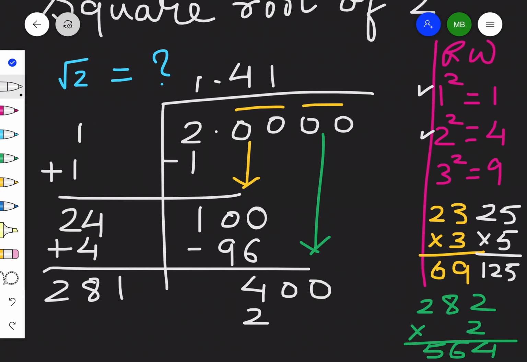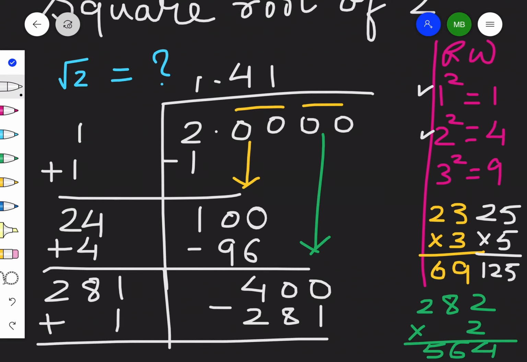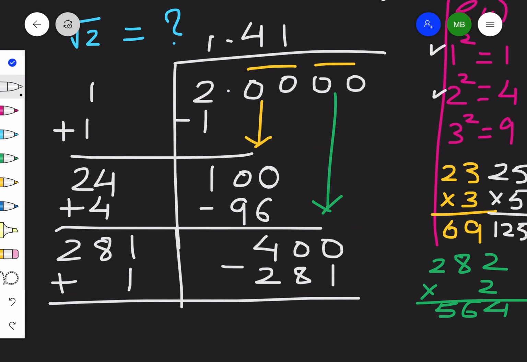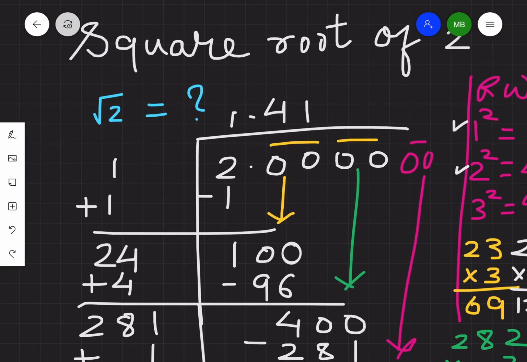So it will be 281 when you subtract. Alright, don't forget to add. Every time you think of a new digit, you have to add it to the existing one, right? And if you subtract, what will you get? 9, 9 and 1. That's all. Now if you want to go for more digits, you can again take a pair of 0, and this will come down, and this division may go on and on, but to calculate till 2 decimal digits is sufficient.